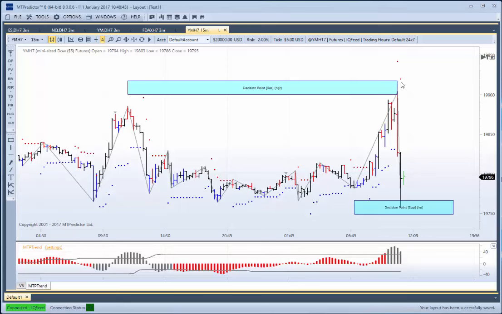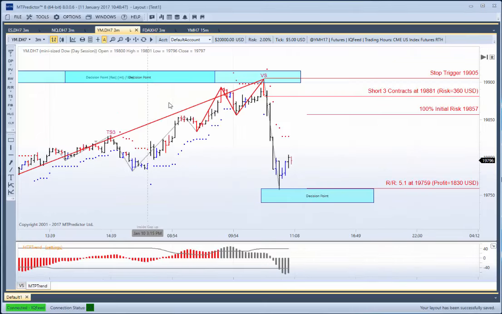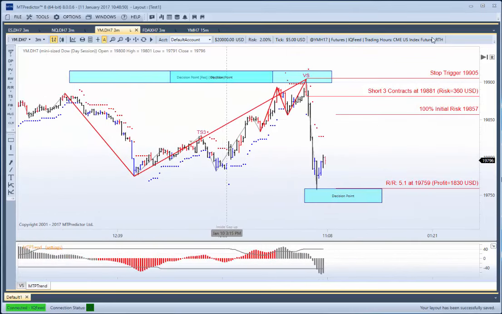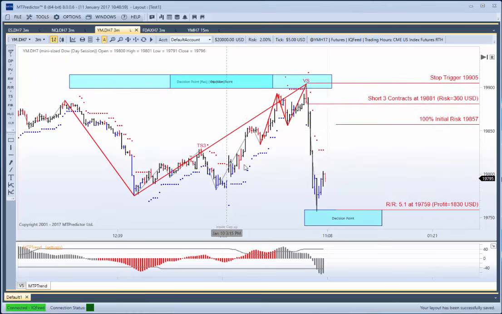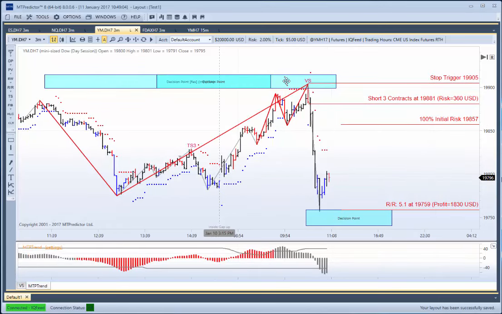So both on the 24-hour chart and on our day session only chart, which is our regular trading hours, the high came in right at our 15-minute DP resistance area. Remember, that would have been on the chart in advance. So as the market was rallying up here, you'd be preparing for a potential short trade up in that resistance zone. So when the VS setup came in, that was an absolutely perfect opportunity to go short. Position sizing kept the initial risk under control. Market straight down to the first target there, where a potential 5R profit was available.